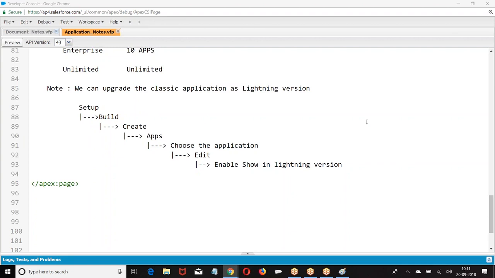See, now as a document, you can only upload 5 MB. You cannot do it beyond that. If that is the case, compress the file and upload it, or else alternate solutions are there. In document you cannot store more. Pardon me? There are other concepts available. We have attachments and other things.